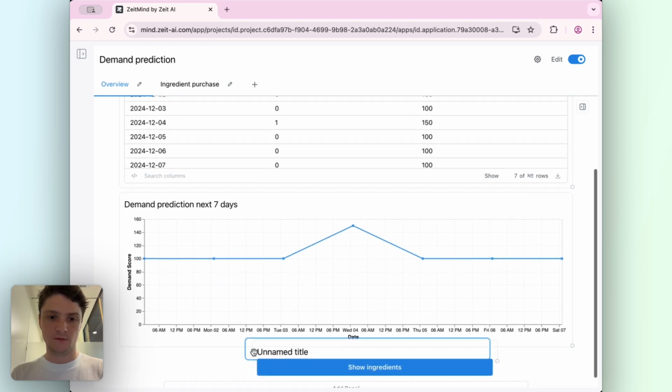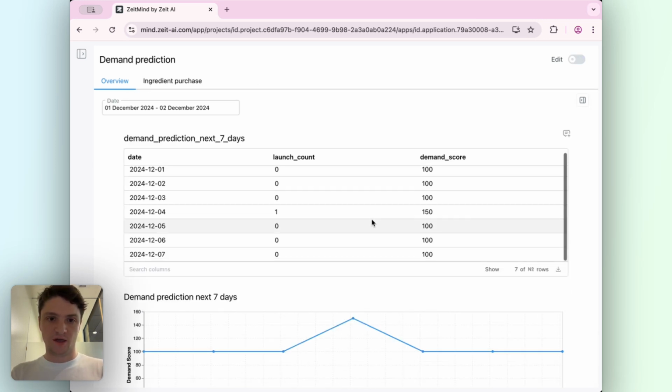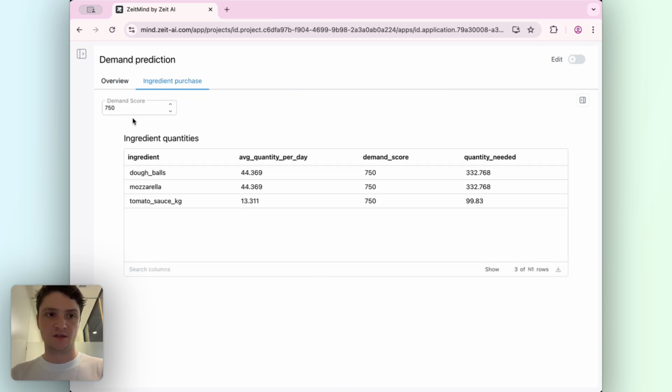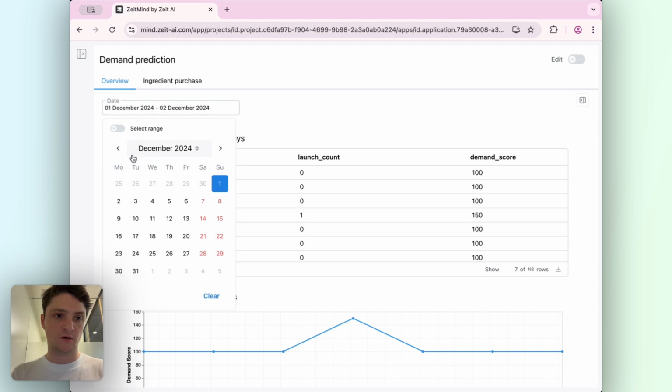Okay, all right. So what we can now do is, okay, we see here our expected demand. We can click on show ingredients. It will automatically adjust the demand score here, and it will update it here, obviously. And we now know we need 332 doorballs and 99 kilos of tomato sauce. If we pick the previous week or the previous Monday,